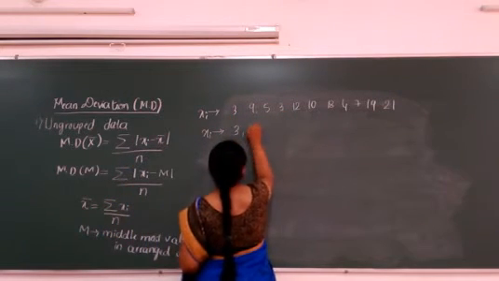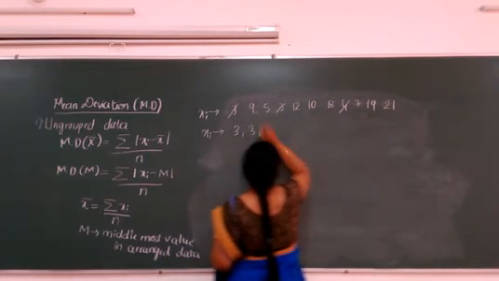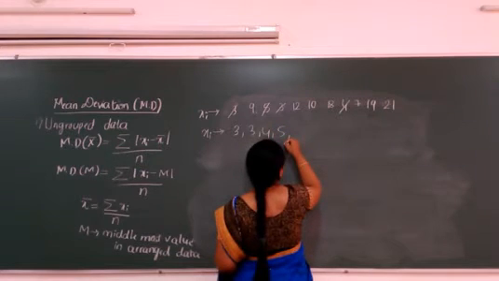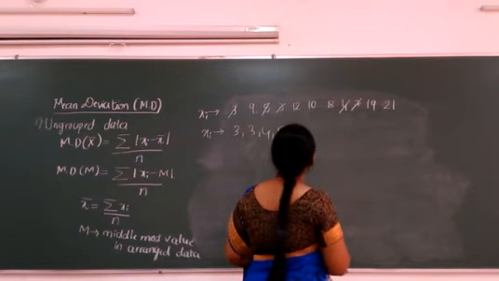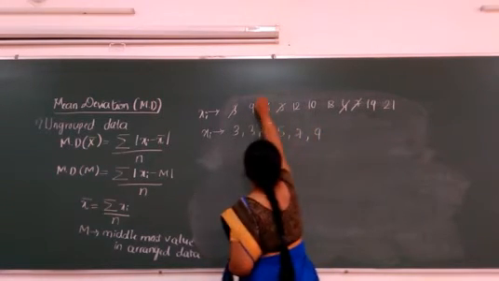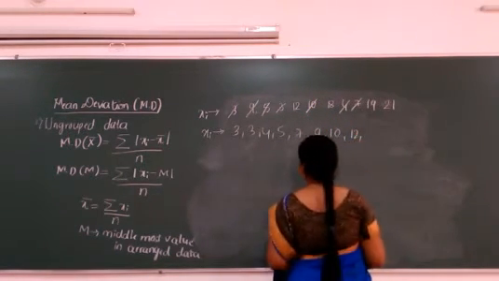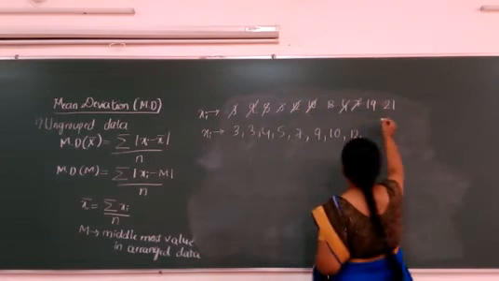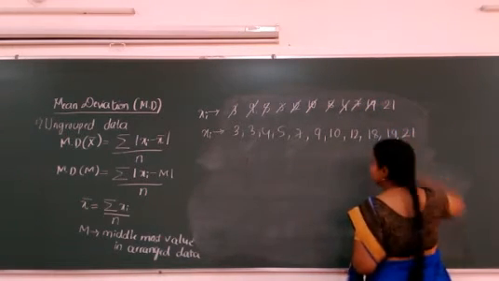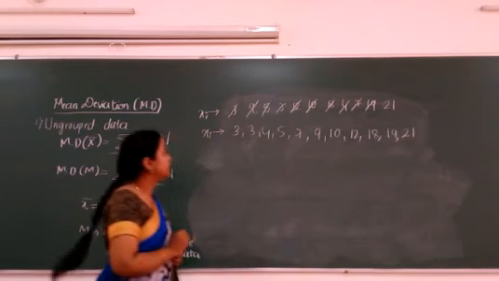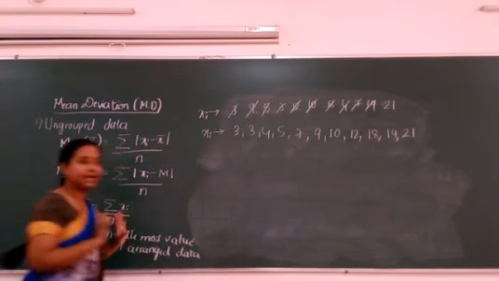So 3, 2 times are there. So 3 we have written, scratch it out. After 3 we are having 4. So 4 is also gone. Next 5. Okay. Next do we have 6? No. 7 yes. So 7 also goes. After 7, do we have 8? No. Next 9 is there. So 9. Next 10. Okay. After 10, 12. After 12 we are having 18. After 18, 19. After 19, 20. Okay, so now we have written the arranged data.